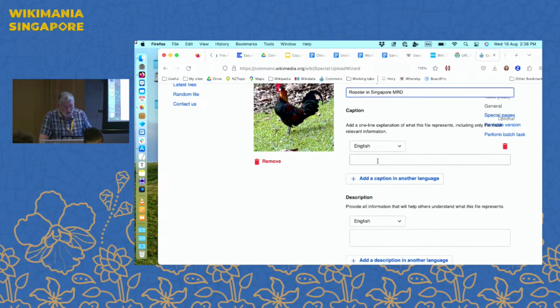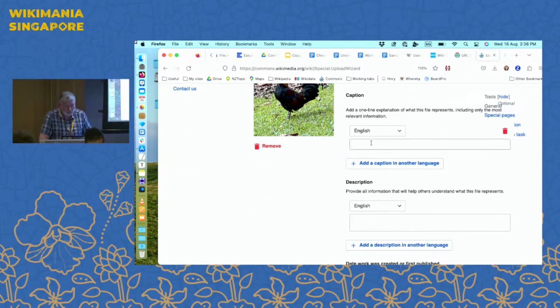Okay, now you've got a caption and a description here, okay? So the caption has to be really short. The description can be a lot longer if you want. If you just want to say, Rooster in Singapore, Botanic Gardens, okay. I can even copy and paste that into